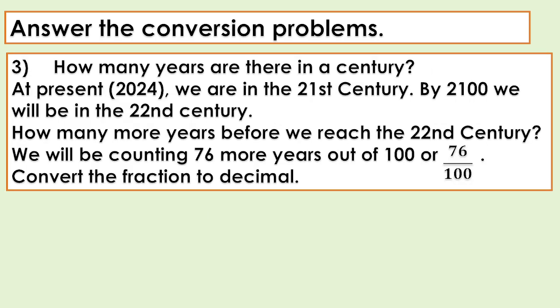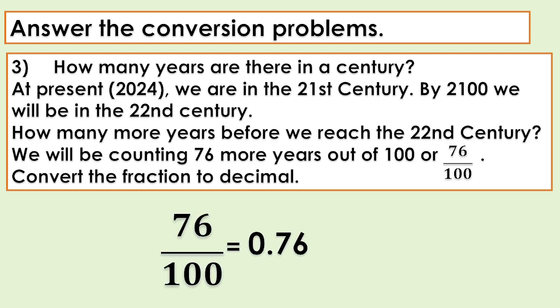Number 3. How many years are there in a century? At present, we are in the 21st century. By 2100s, we will be in the 22nd century. How many more years before we reach the 22nd century? We will be counting 76 more years out of 100, or 76 hundredths. Convert the fraction to decimal. So the answer is